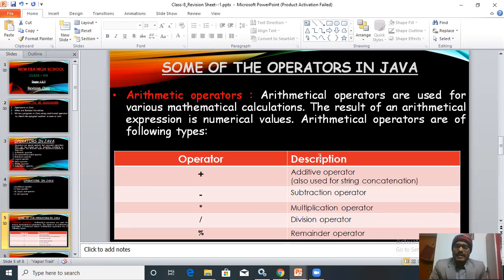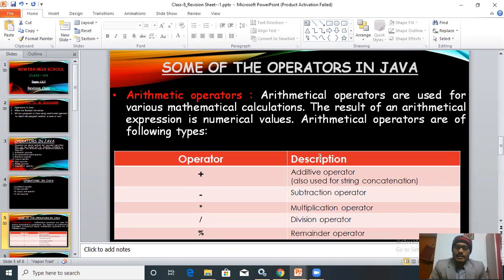First one is the arithmetic operators. As you know, arithmetic means it is able to do all types of mathematical calculations. These operators are used for various mathematical calculations, and the result of a mathematical expression is a numerical value.